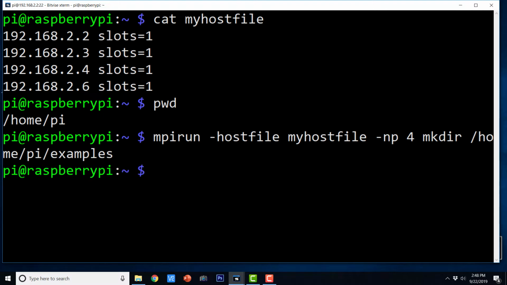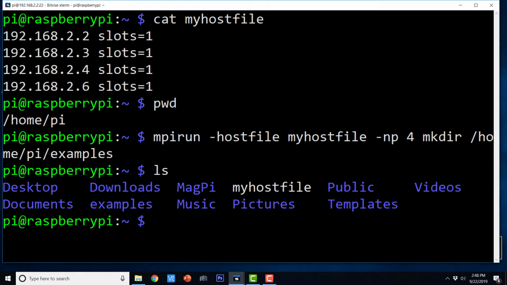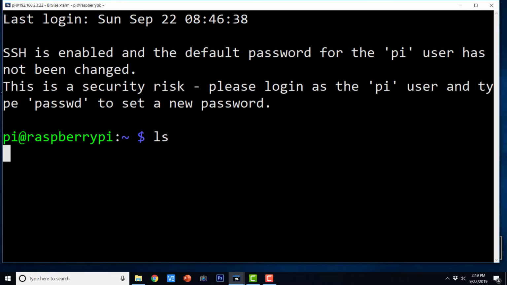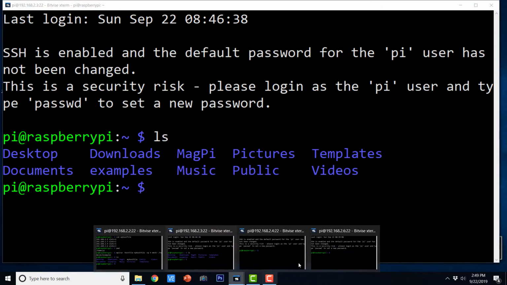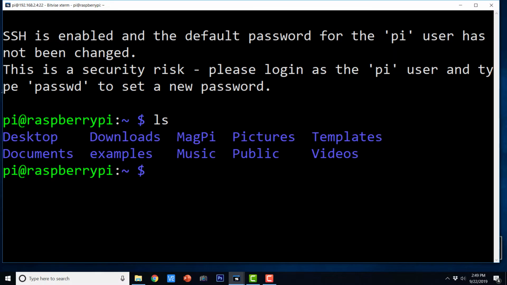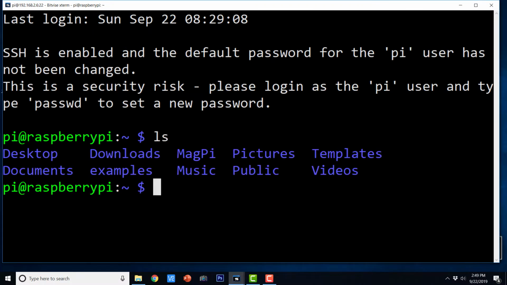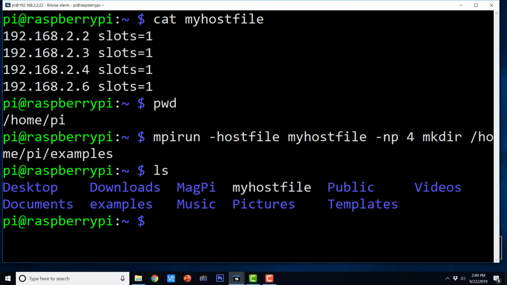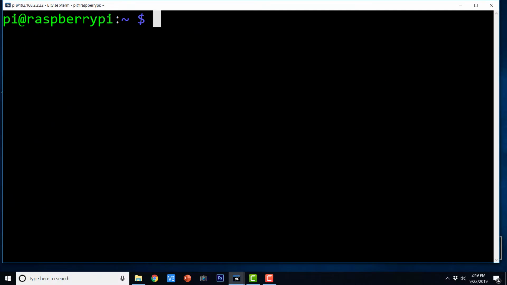The command is executed successfully, and we can see that by doing ls, and here we have the examples directory. Similarly, we can go to the other hosts and run the command ls to see that a directory known as examples has been created. For our convenience, we are going to store all the examples that we study in this particular directory in all the nodes. So let us go to that directory, examples. You will have to create this directory only the first time whenever you get started with MPI for Py.